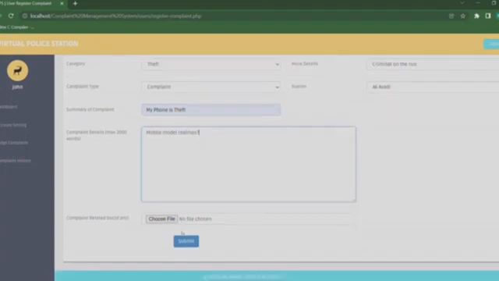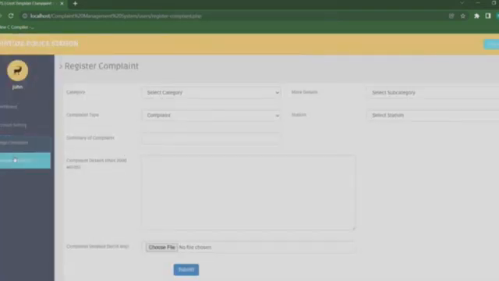Okay, if we have any file regarding that complaint, we can add the file by clicking choose file, and we can submit the complaint. Your complaint has been successfully filed, and your complaint number is 3. It will automatically generate our complaint number.